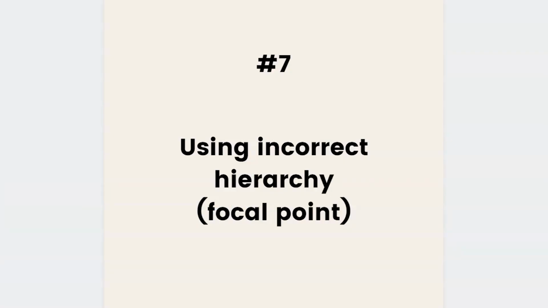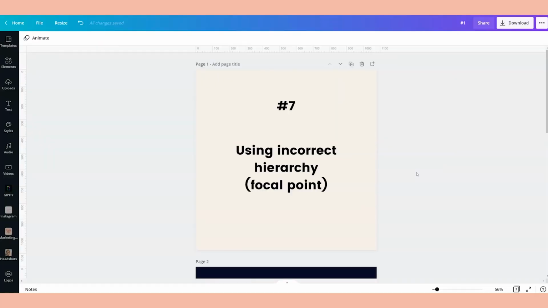All right, so last but not least, the seventh most common thing that I see done incorrectly in designs on Canva is using the incorrect hierarchy. Basically, what that means is using the incorrect focal point. And so this is actually a very in-depth topic, but it comes with a very basic sentiment. And the sentiment is draw attention to the thing you want people to see